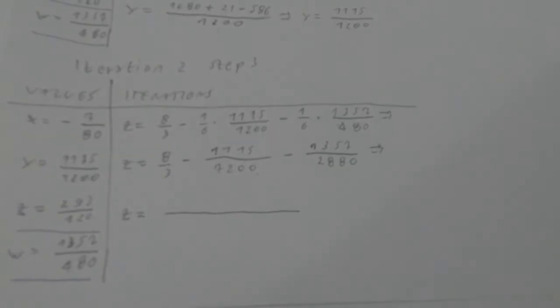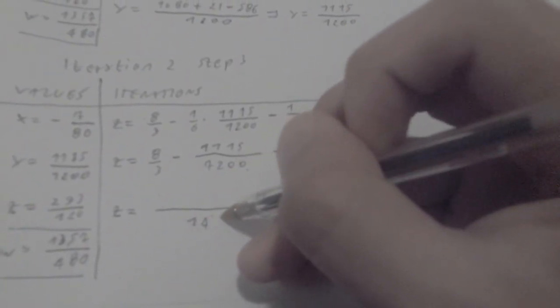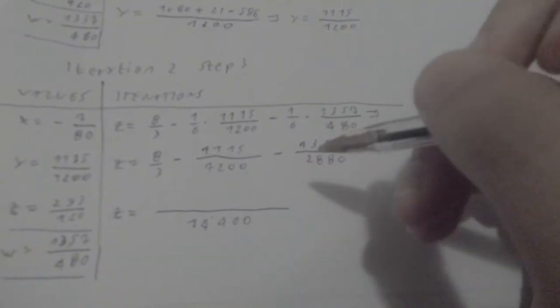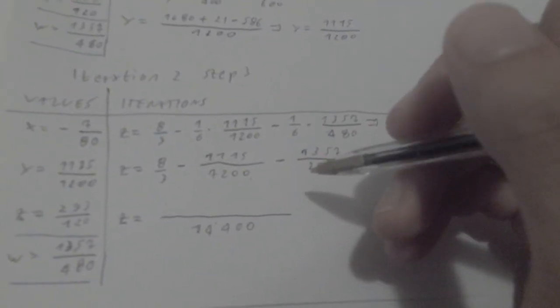Okay, then Z is actually equal to, sorry, between those three is 14,400. Therefore, I'm gonna have divided by 3 multiplied